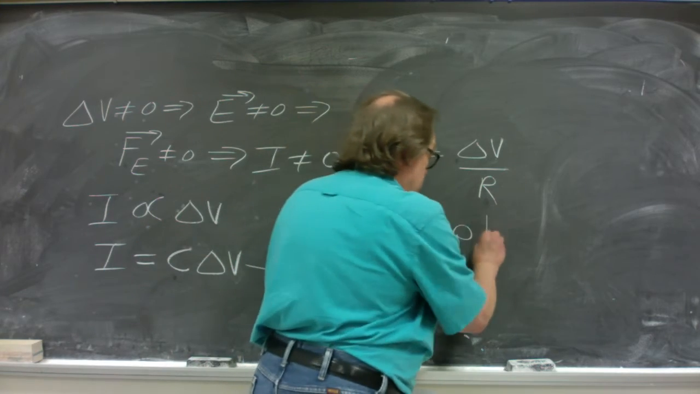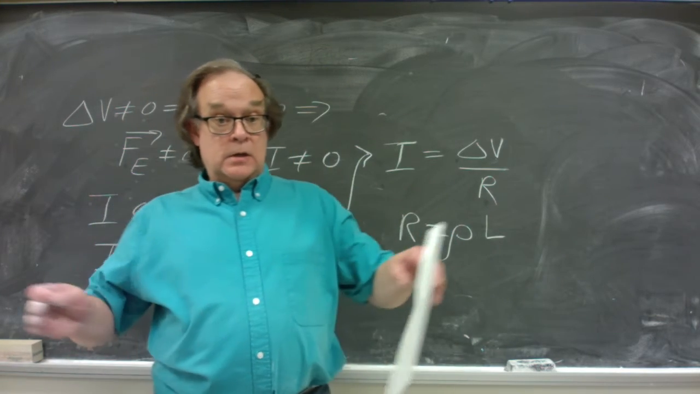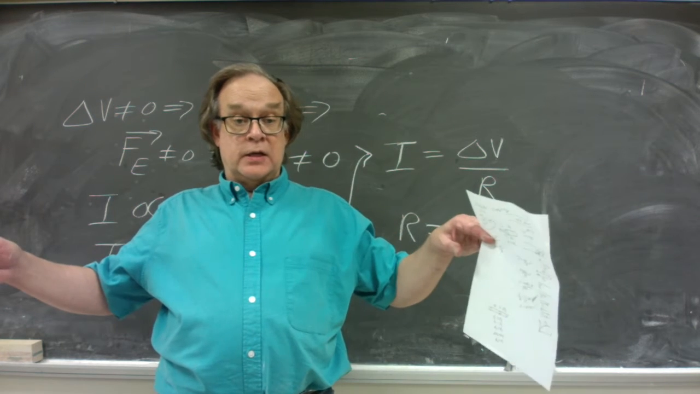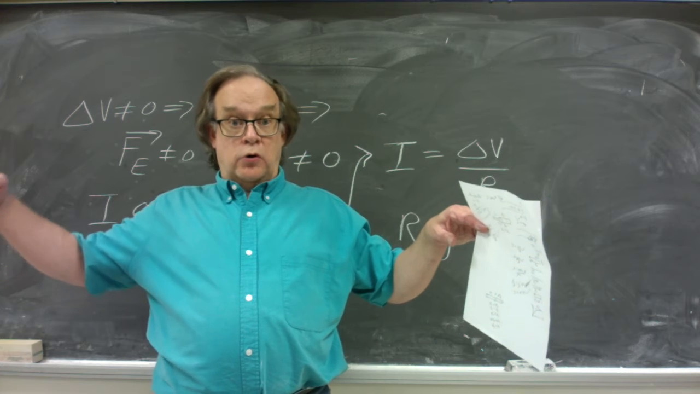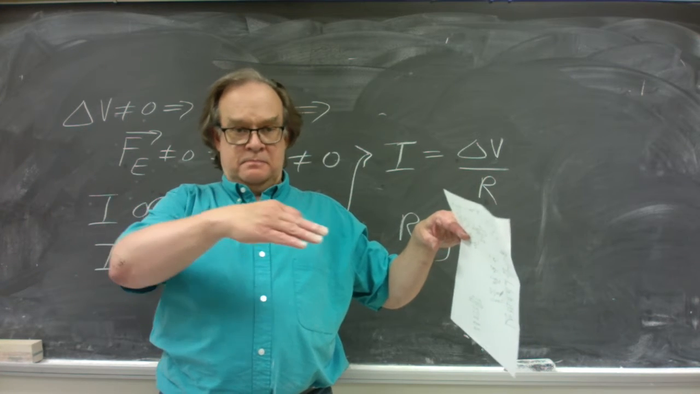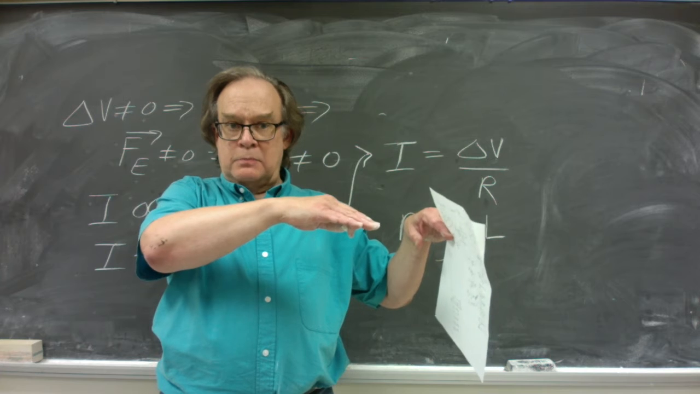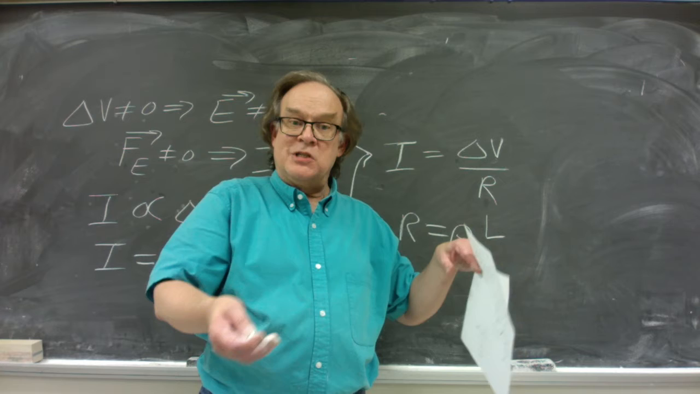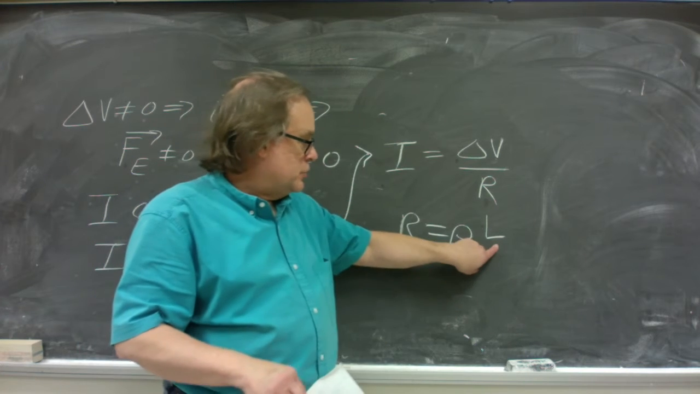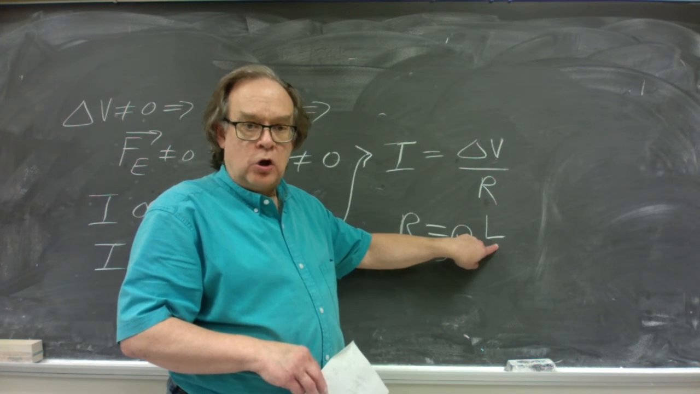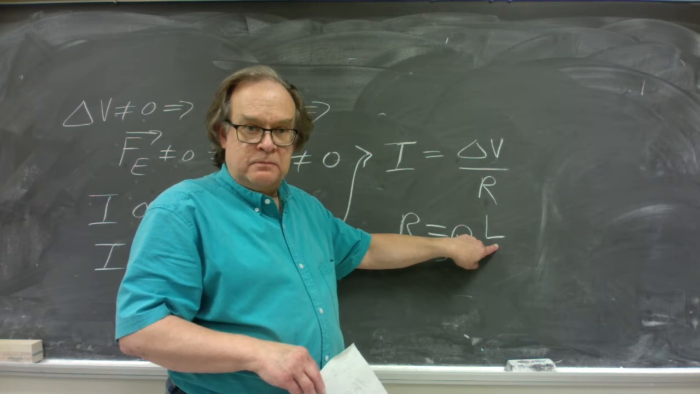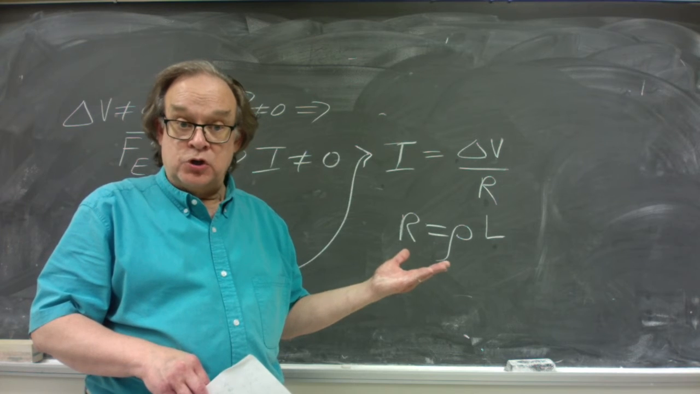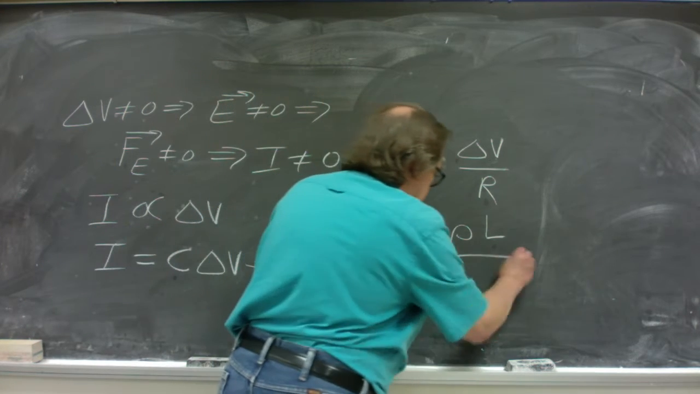Another factor is the length. The longer this piece of the circuit is, the more opportunities it'll have to bump into the obstacles, to bump into the ions and atoms and get slowed down. So just having to go through a longer path where it faces obstacles means it will be harder to push current through there. And then on the other hand,